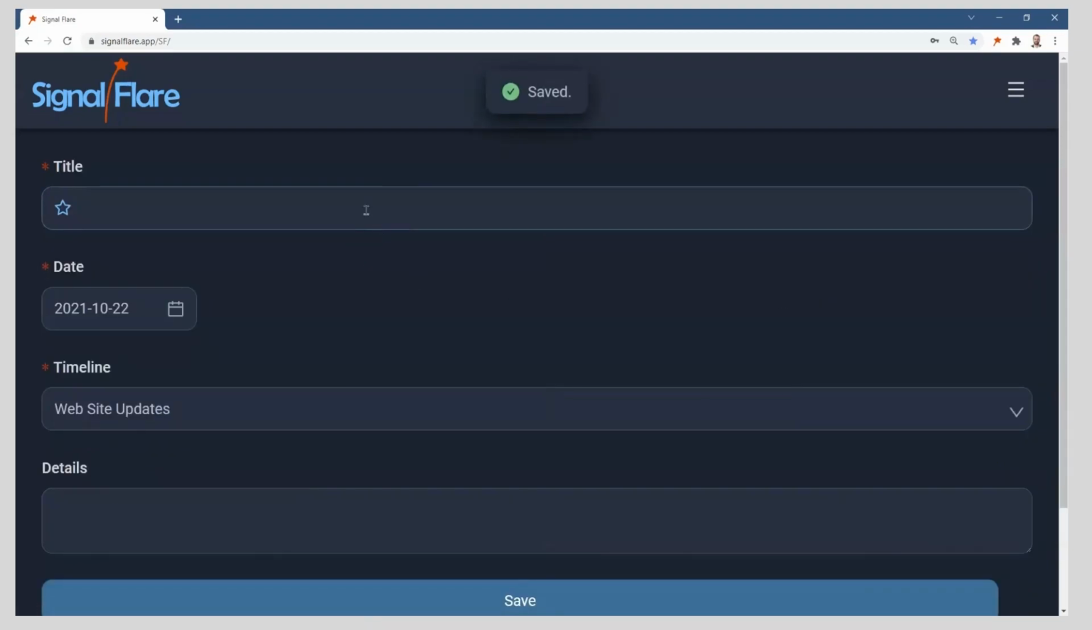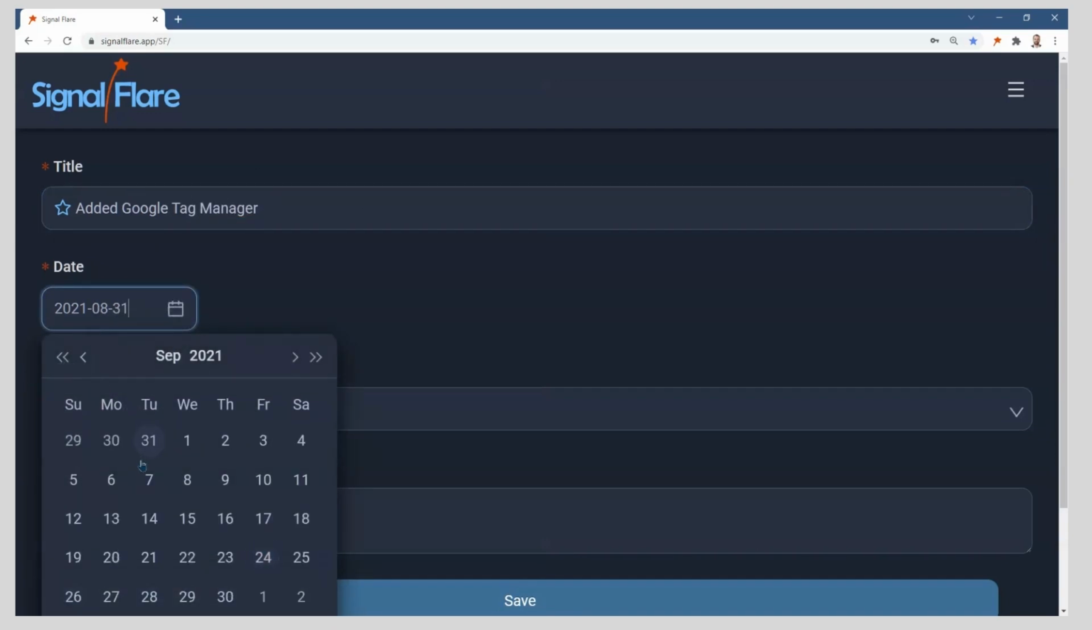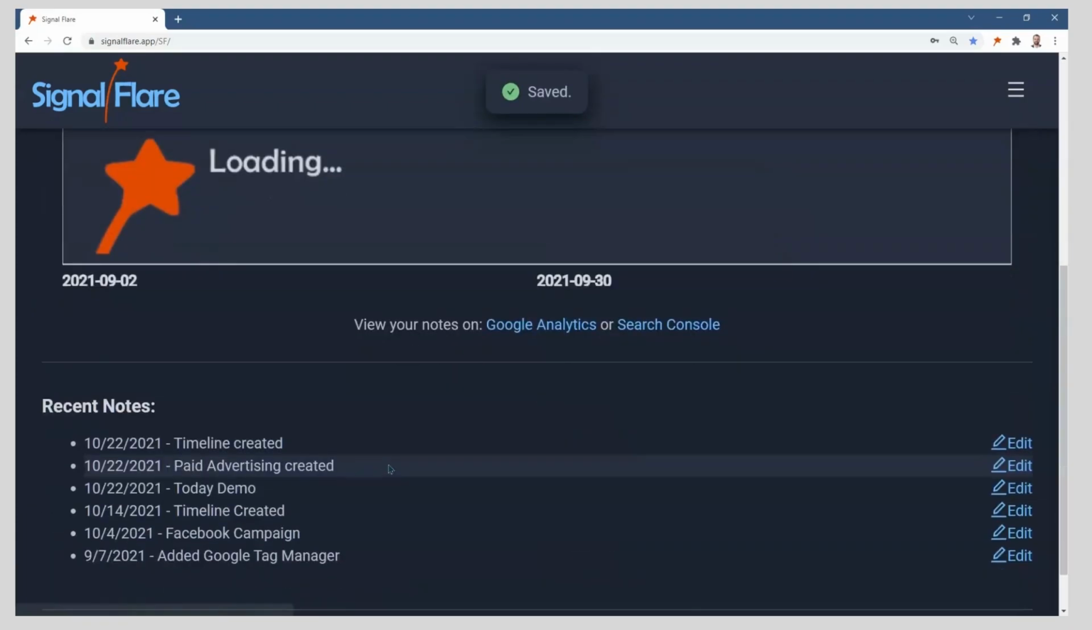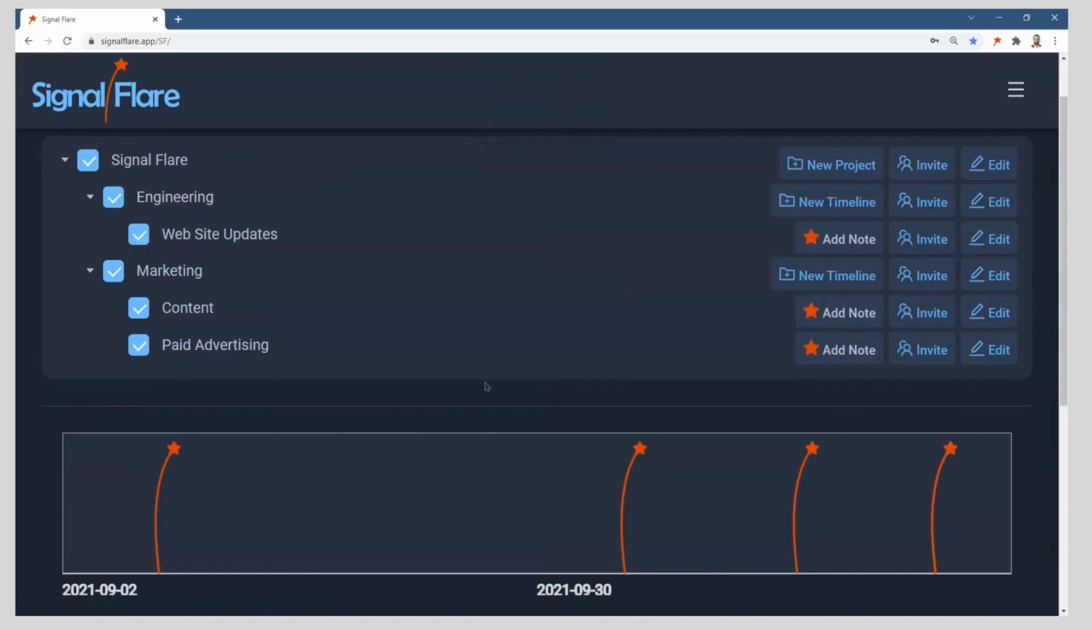And we'll add a new note there for added Google Tag Manager. We did that back in September. Hit save. And now in our charts, you'll see we have places where we can turn on the engineering notes,